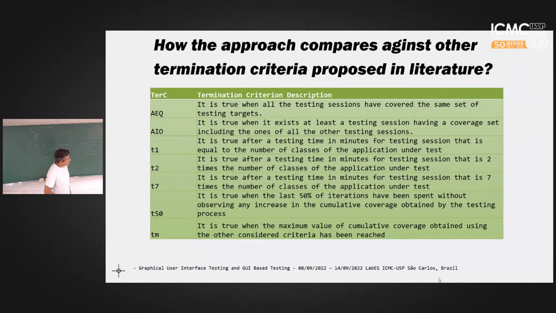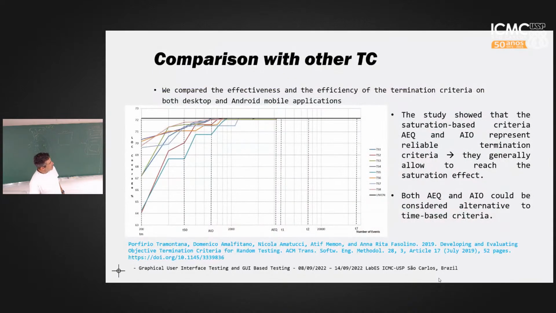T50 is you stop when you have at least 50% of iteration that have been executed without an increase of the coverage. Okay, so if you don't see an increase of the coverage after the 50% of time, you have to stop the execution. Okay, we compared all these